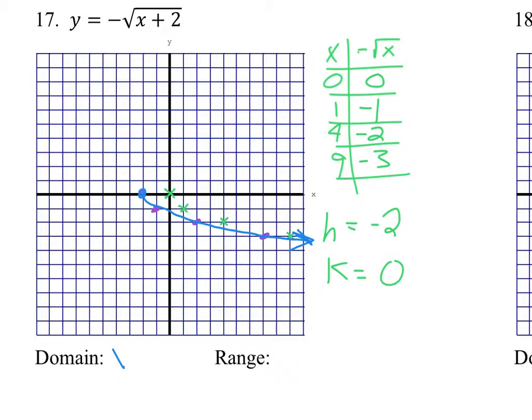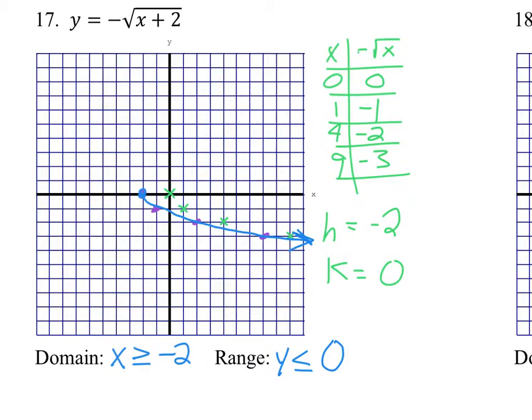The domain x is always greater than or equal to h, which in this case is negative 2. You should also be able to tell from the graph. It doesn't go past negative 2 for x values. And then the range y is less than or equal to, because of the inversion, or reflection over the x-axis because of the negative there. Y is always less than or equal to, in this case, k, unless it's greater than or equal to k, but it's always in reference to k. So x is greater than or equal to negative 2, y is less than or equal to 0 for the